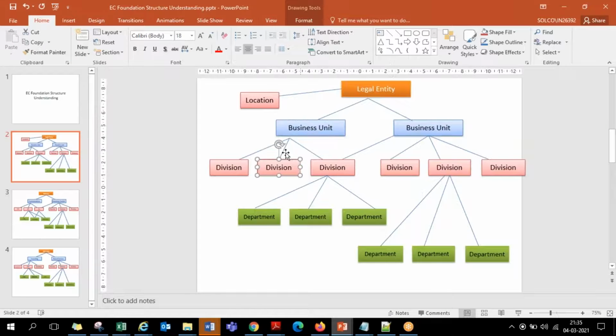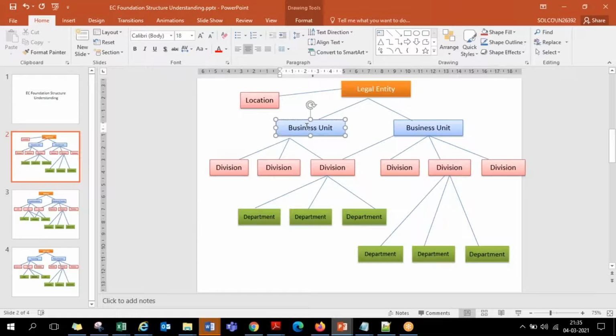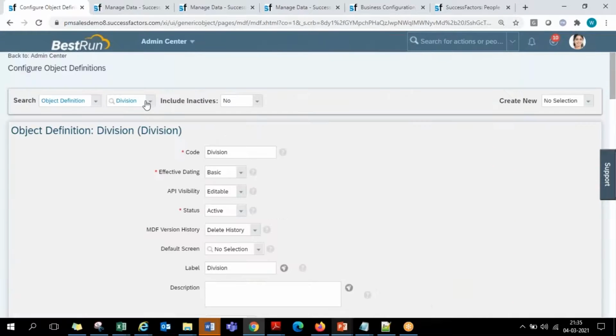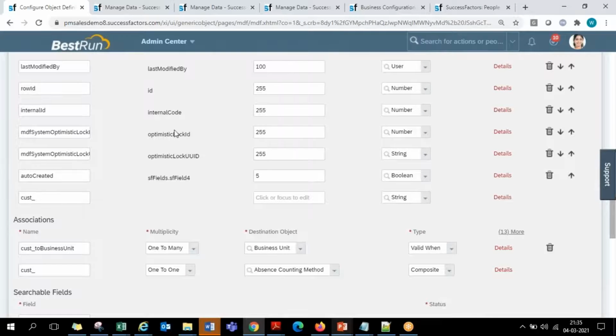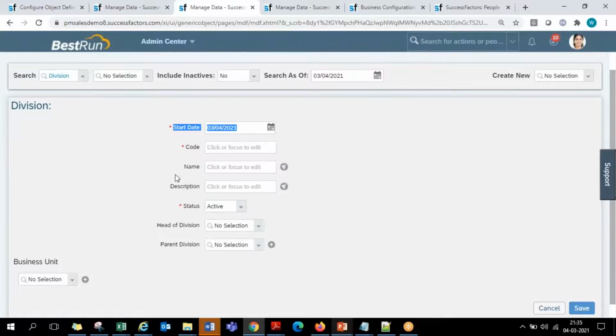So whenever you're connecting two layers, the bottom layer is where you do its association definition with the parent layer. That's the next point I'm about to say. Whenever you're trying to connect two layers, now I'm just showing business unit and division. I came to the division object level and I'm linking it with its parent, business unit. Because at the end of the day, when I'm creating a division, on the division screen I need its parent. Before saving this division, I have to choose under which business unit this division should fall. On the division screen it has to come.